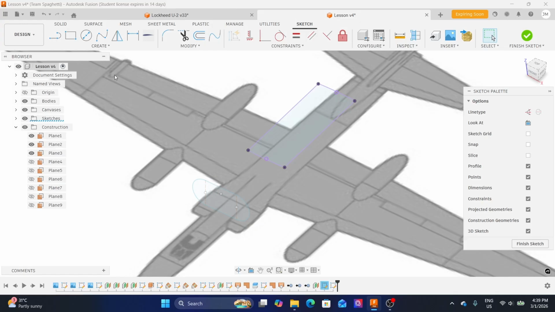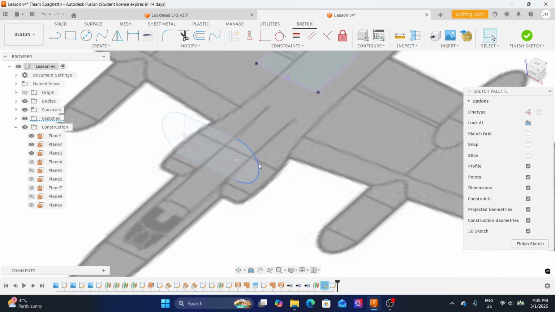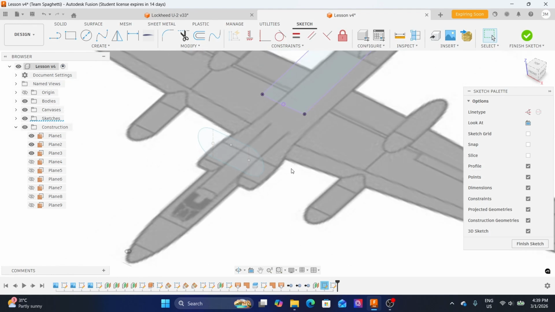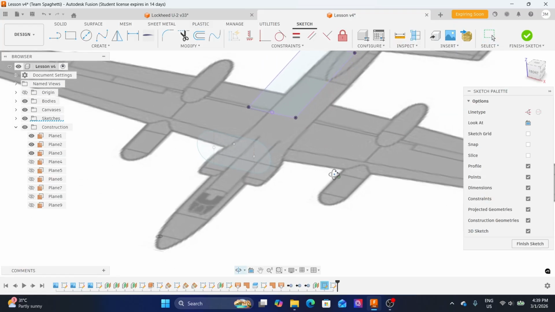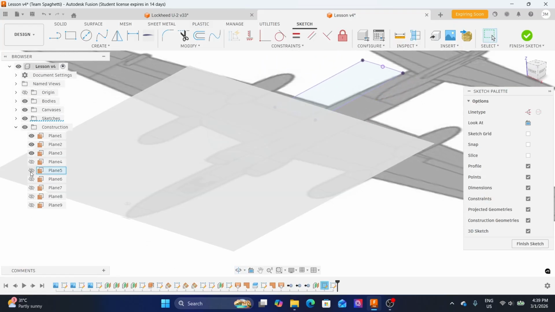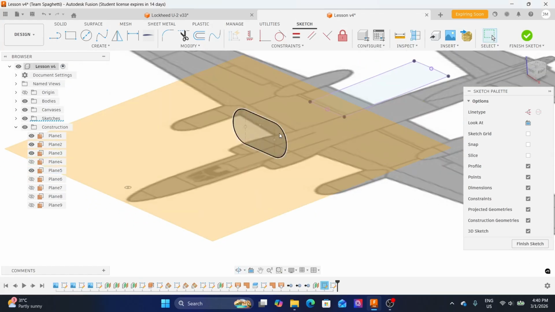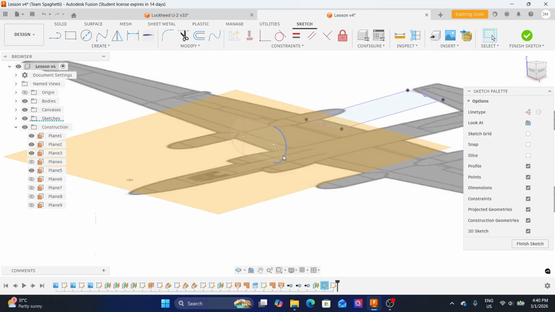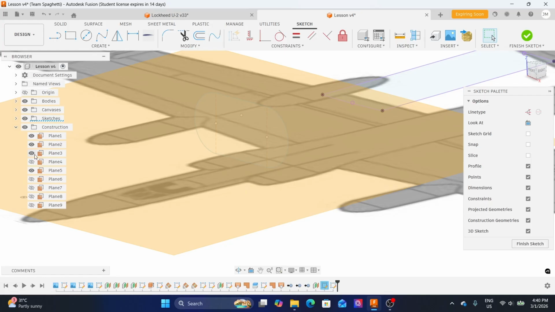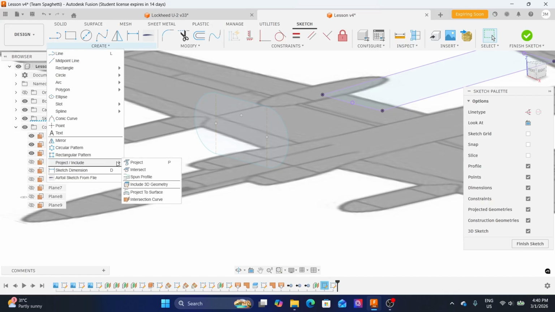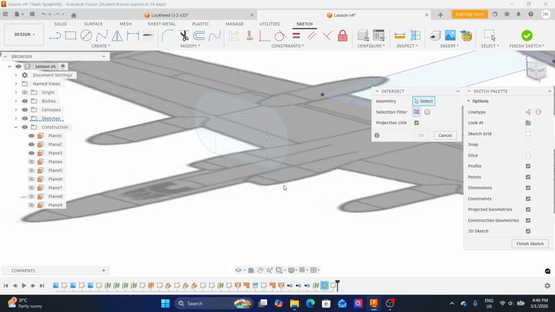and then we'll create a project intersect point right here. I have already taught you how to use the project intersect. So again, it would project a point from this curve right here, since this plane is intersecting right around here. So let me just hide the plane 5, then under the create tool, use the project intersect tool, so intersect, right here. Press OK once done,